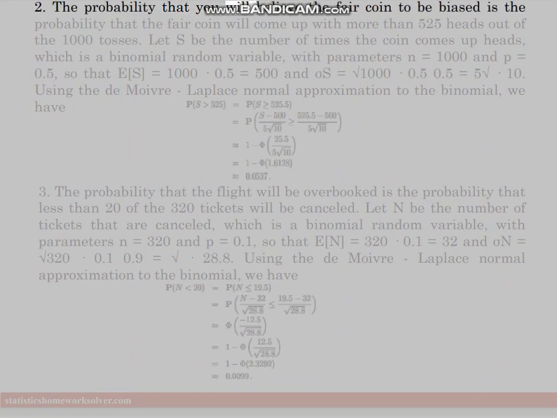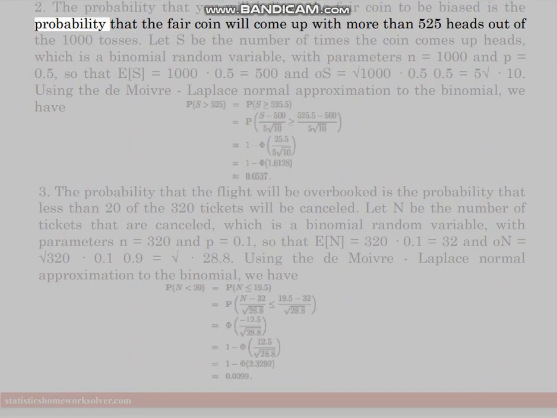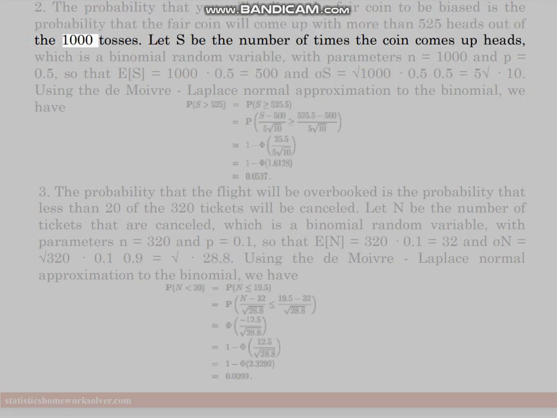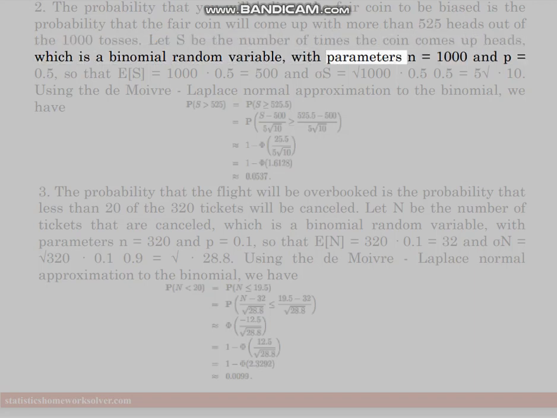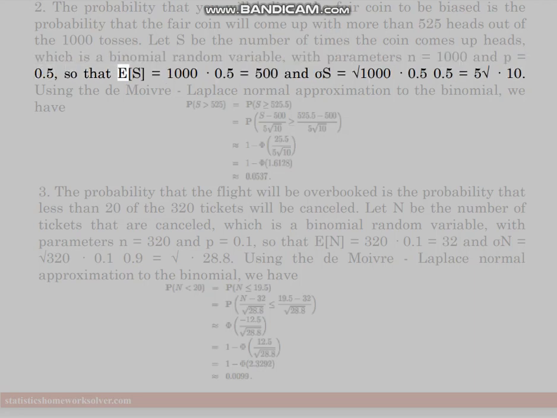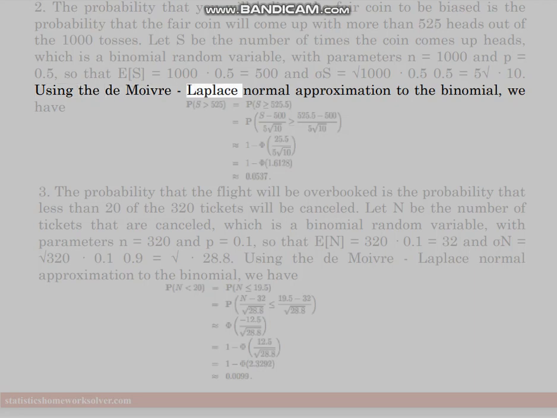2. The probability that you will believe the fair coin to be biased is the probability that the fair coin will come up with more than 525 heads out of the 1,000 tosses. Let S be the number of times the coin comes up heads, which is a binomial random variable with parameters n = 1,000 and p = 0.5, so that E[S] = 1,000 × 0.5 = 500 and sigma_S = square root of (1,000 × 0.5 × 0.5) = 5 square root 10. Using the de Moivre-Laplace normal approximation to the binomial, we have